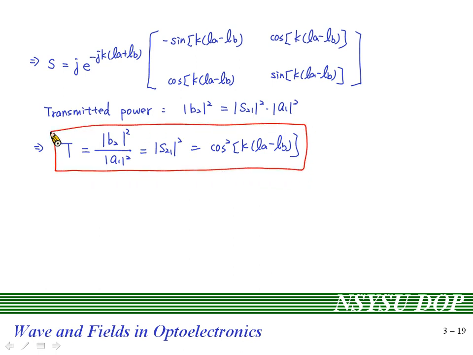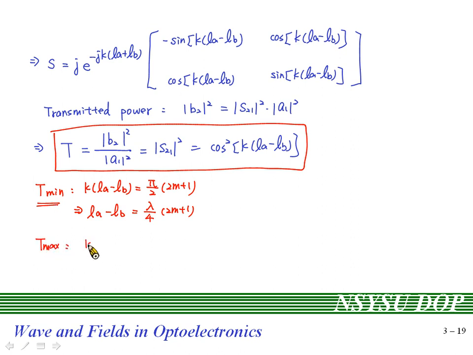So you can easily use this expression to find the transmission minima. The transmission minima will occur when k times (LA minus LB) is half pi times (2m plus 1), where m is an integer. This means that if the length difference LA minus LB is a quarter wavelength times (2m plus 1), then you will have transmission minima. If you want to have transmission maxima,